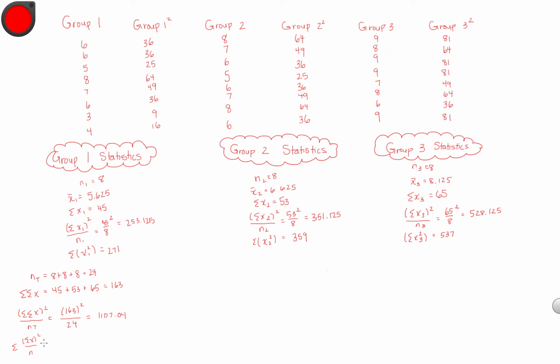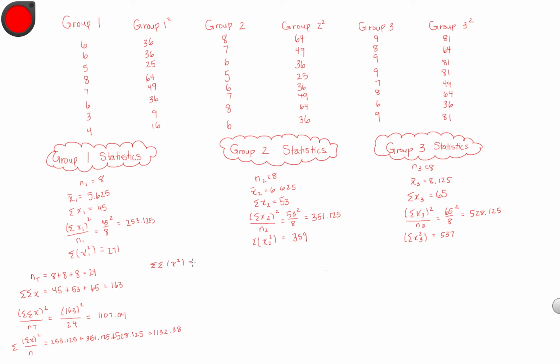So 253.125 plus 351.125 plus, sorry, I'm getting a little small here. I just want to make sure we have enough room for the rest of the problem, plus 528.125. This gets us our second key term for the formula for the sums of squares, 1,132.38. All right, last term, you can hopefully kind of guess how to get this one based on everything we've